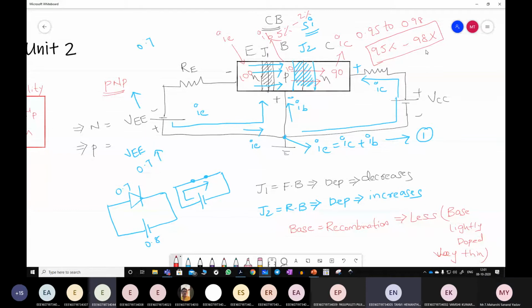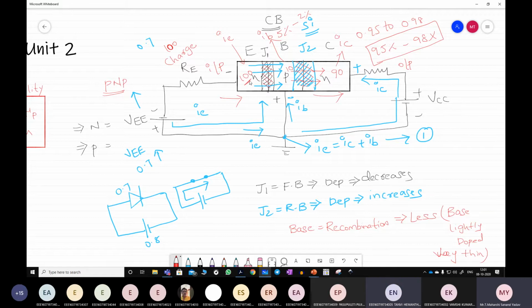Guys, sir, can you repeat? Yes. See here we know already this one. 100 is nothing but the number of charge carriers emitted from the emitter part. Why? Because it is input and this is the output. Our intention is to move a signal from input to output, by crossing this low resistance region and high resistance region towards collector end.